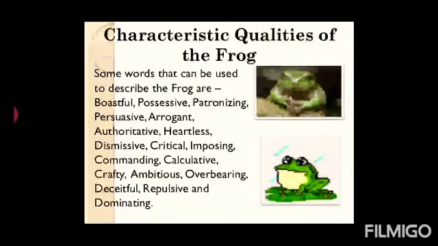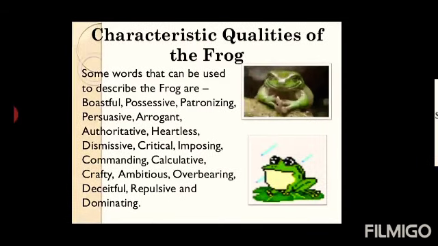As you can see on the screen, I have taken the character of the frog from the poem The Frog and the Nightingale, from class 10th standard. Here I have prepared a list of traits of the frog using commas. So when I have to revise this poem, or revise the character of the frog, I just open this sheet and go through the traits I have written using commas. This is how we can prepare our short notes.